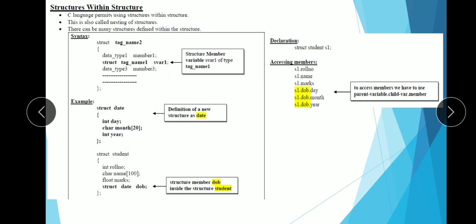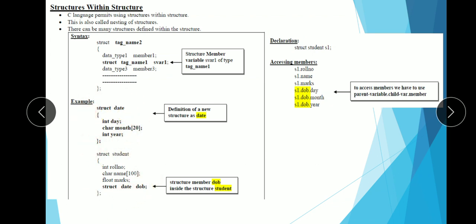One most important thing you have to remember here is struct student is the parent structure and struct date is the child structure. So this particular structure is known as the parent structure because this is making use of another structure as its member. That's why it is the parent structure and this is the child structure.